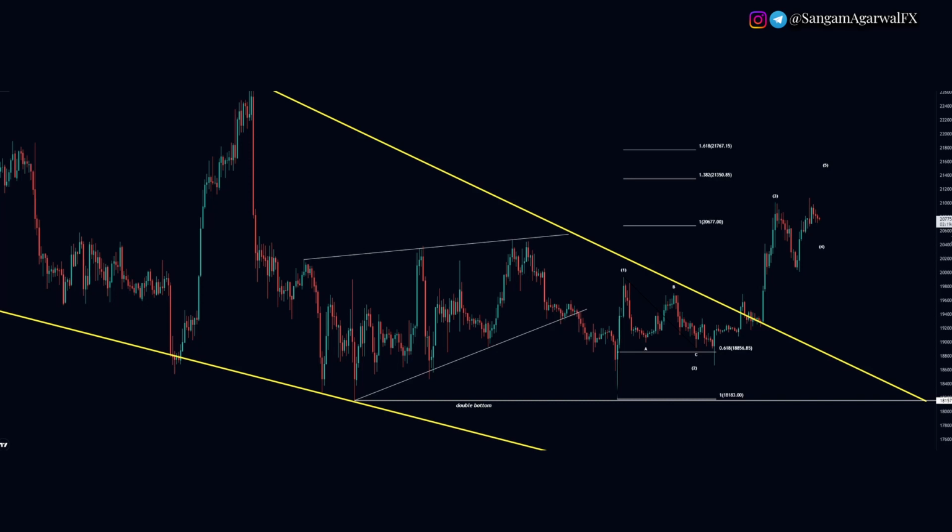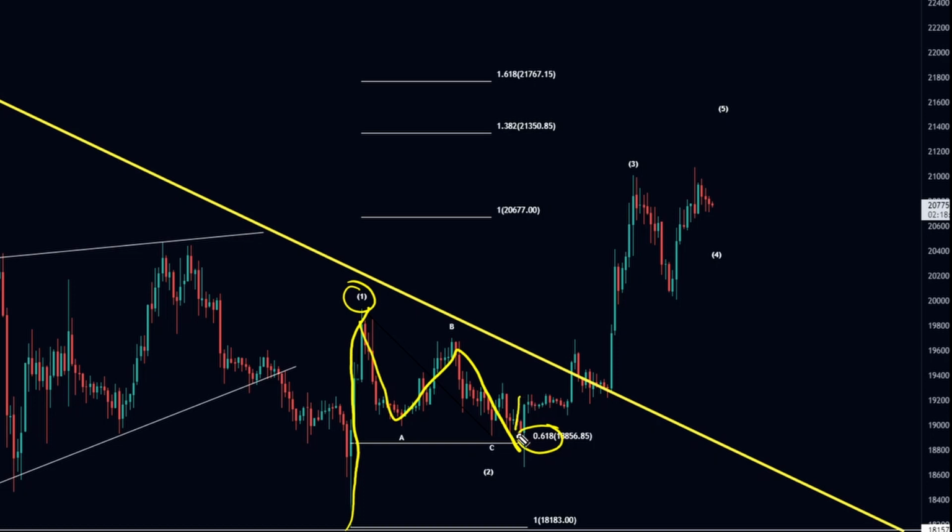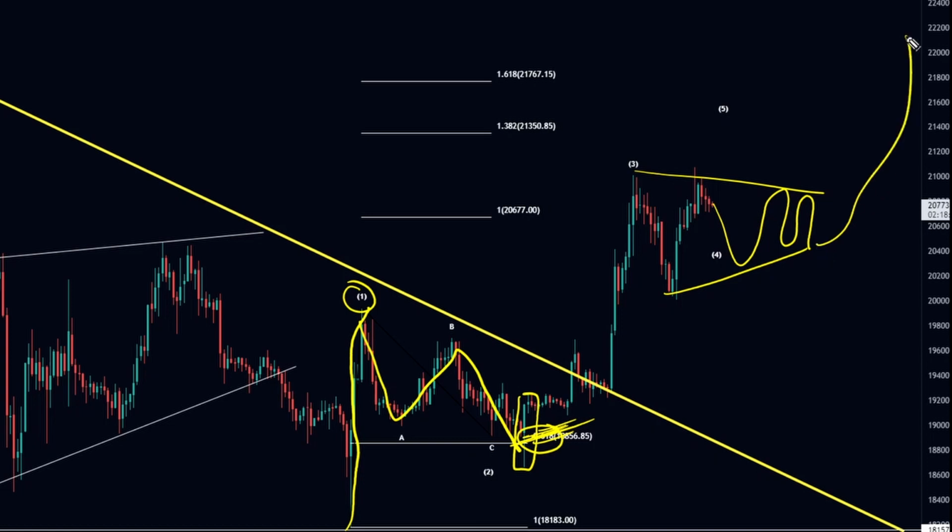And if we see the H4 time frame of Bitcoin for intraday traders, this was our first impulsive wave 1, then this was our ABC zigzag correction which made a 61% retracement level, and this information was available with a clear buy signal in our Telegram channel. And if you have missed this entry, then wait for a correction, something like a triangle correction, then you can buy,